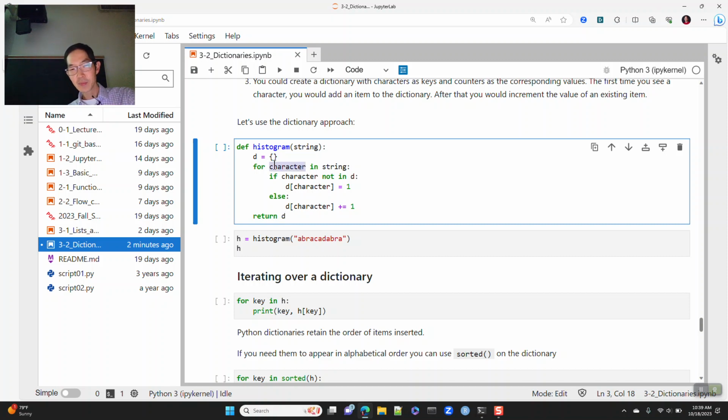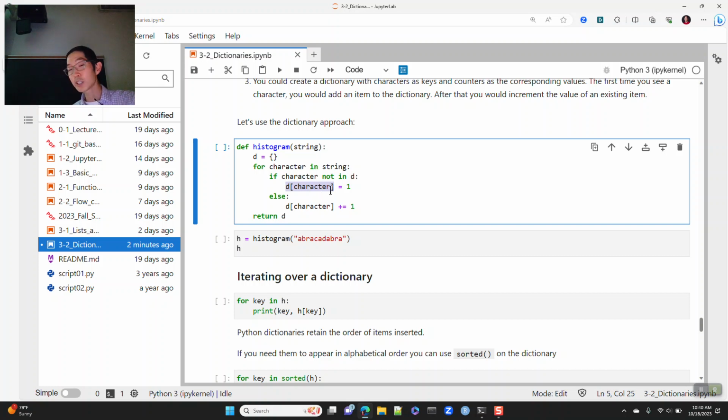We iterate through the string. For each character in the string, since a string is an iterable, we go through every element. If the character is not in D, it checks to see if the character is a key within D, and if it's not, then it's going to create